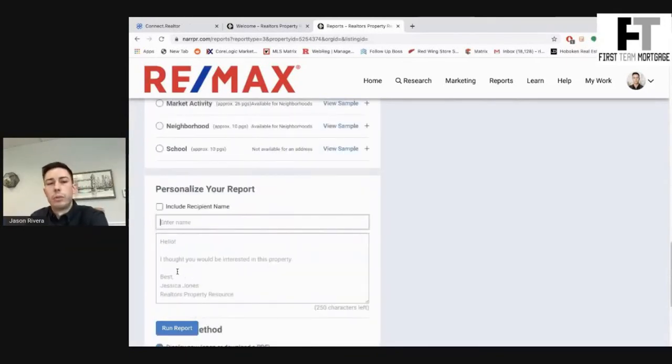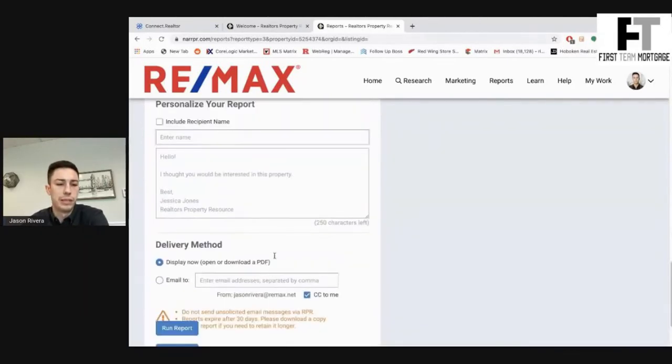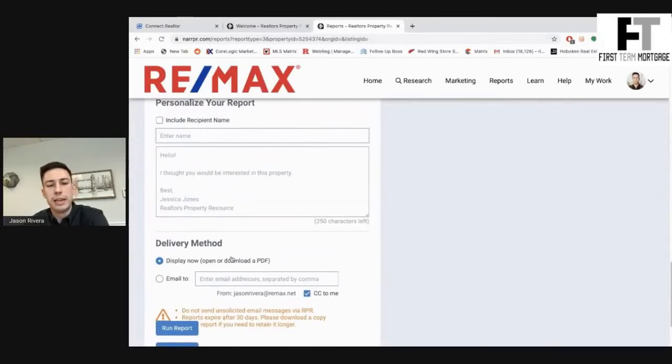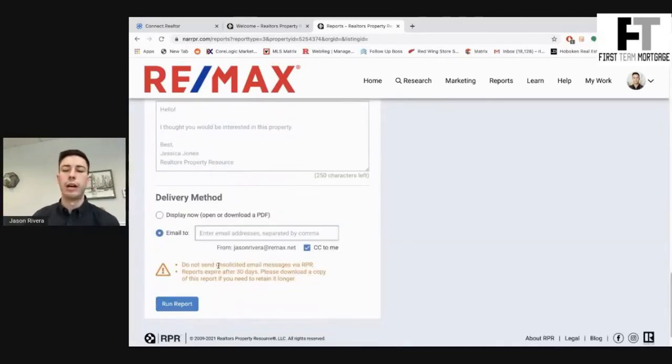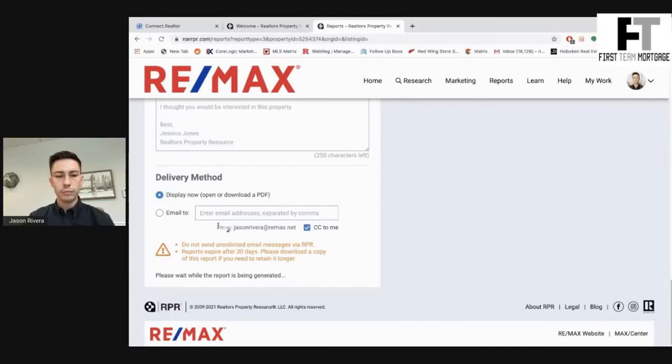You can customize the report by inputting the information of the sellers, or the buyers if you're running a report for the buyers themselves, and just add a little blurb and make sure the report is being sent directly to them. You can display it now, open it, or save it as a PDF like that. If I run the report, it's going to give me the ability to download, or I can email it to myself, a client, or somebody else that I'm doing the report for in general. But if I do click Run Report,